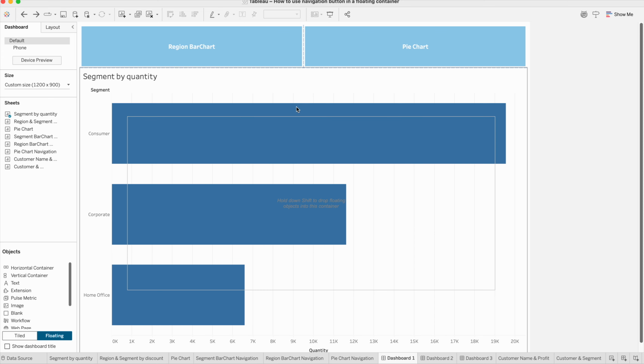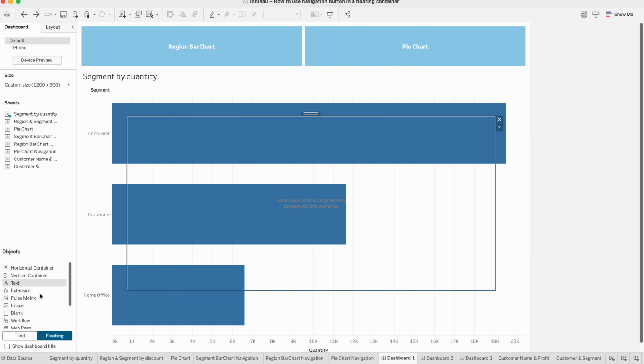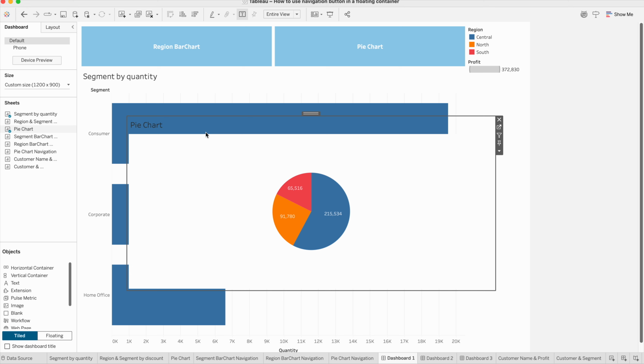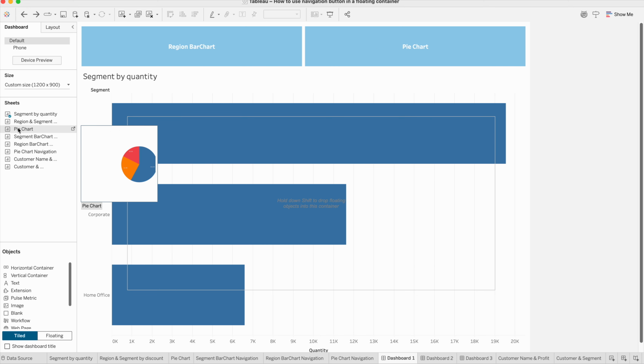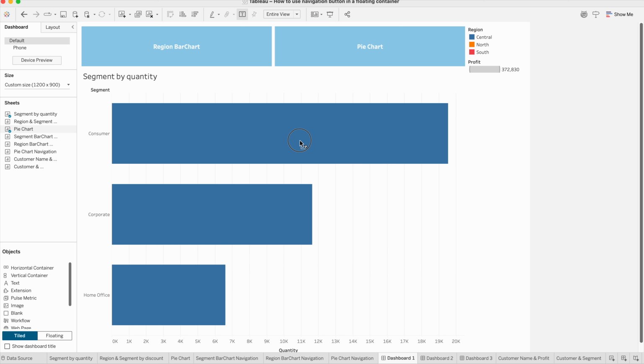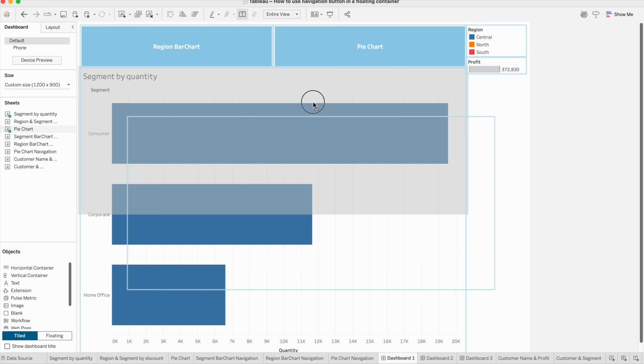Cool. So let's just go back, and I have to use a tiled object within that floating. So I've switched over to tiled, and I will drag in the pie chart. There we have it. And I'm sure it's in the floating object because, let's go back. You can see that my floating container turns blue, so I know it's dropping inside of it. So when I move the floating object all around the screen,